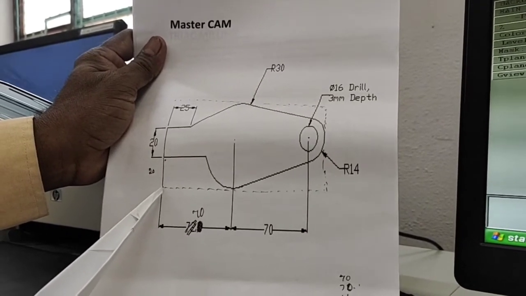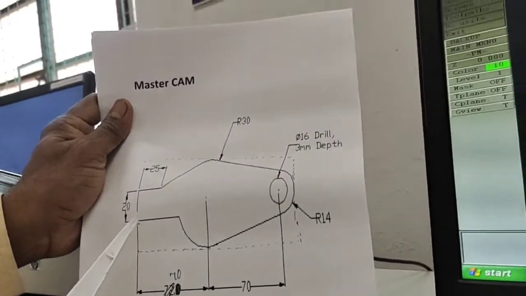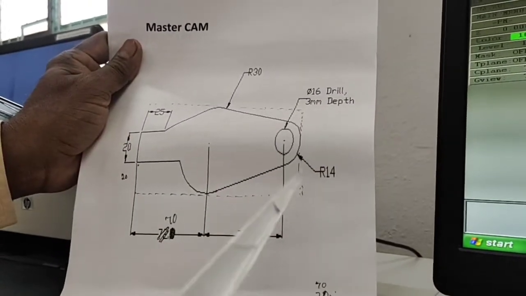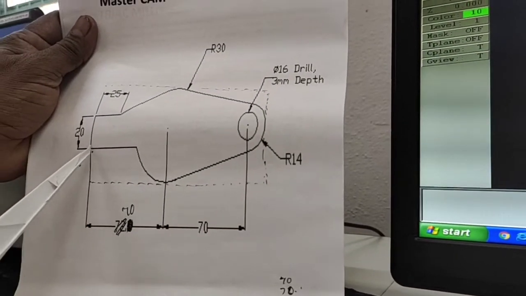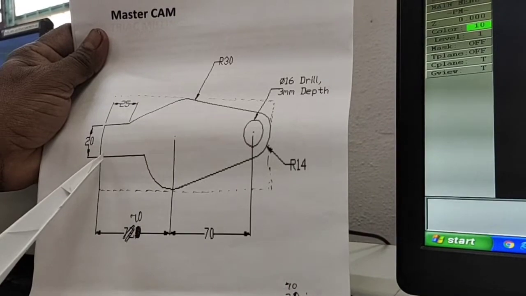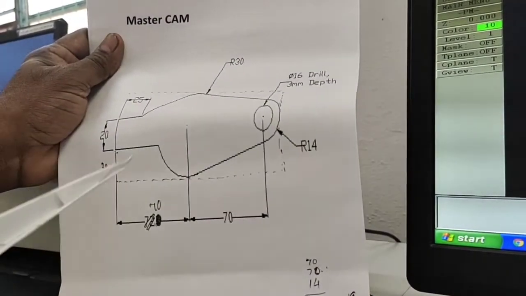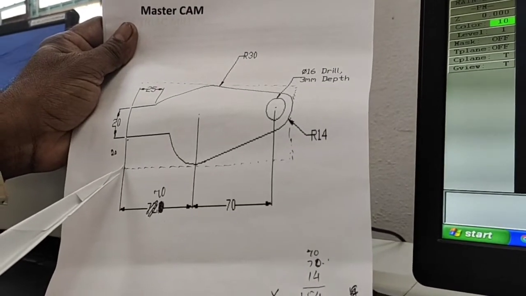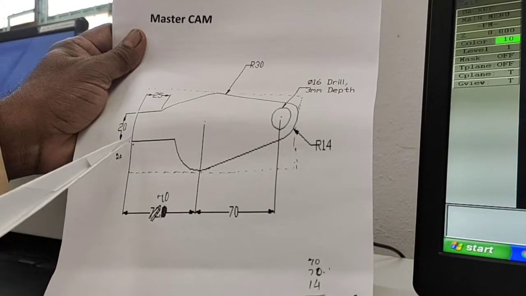From this line, what x value or y value is provided in the total available area? First I will start with one point. The point is provided from 0, 0. So from x0, y0, here the y-axis has 20 and the x-axis has 0.